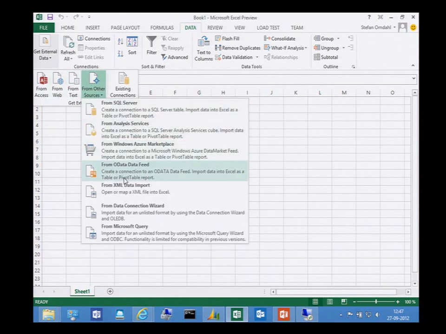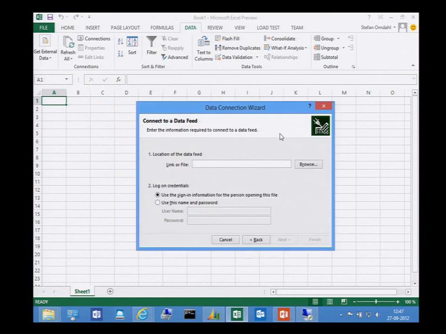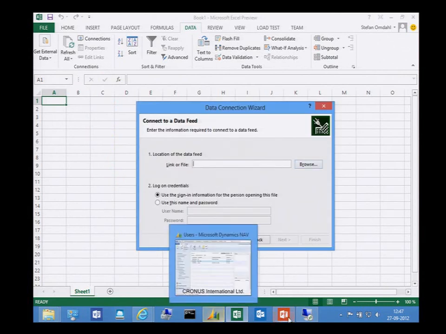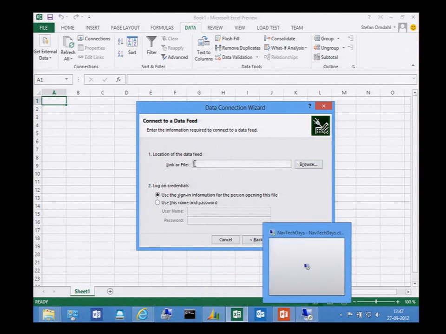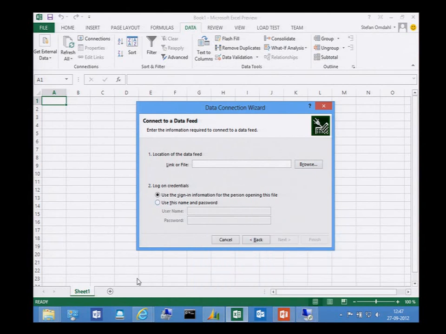It could be from OData, and I need a link to OData. If I don't remember it, then I can look it up in the event log where it's writing. This is the OData feed. See if I can remember it.